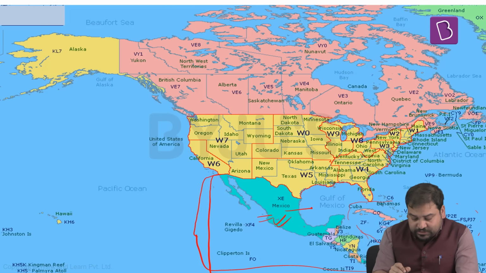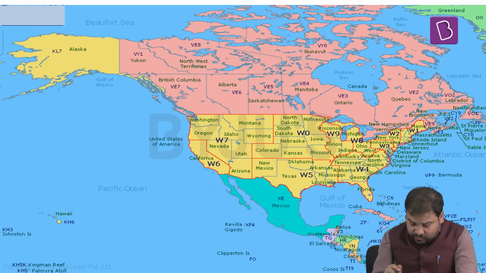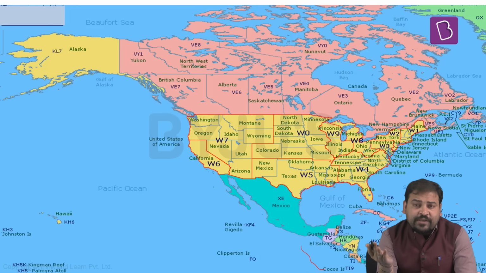And if you don't consider Mexico and you are considering only Guatemala to Panama, then it becomes Central America. Now, one very important thing that you need to remember about these 7 countries of Central America is that 5 of these countries have their coast on both sides, Pacific as well as Atlantic, and 2 of them have their coast on only one side.